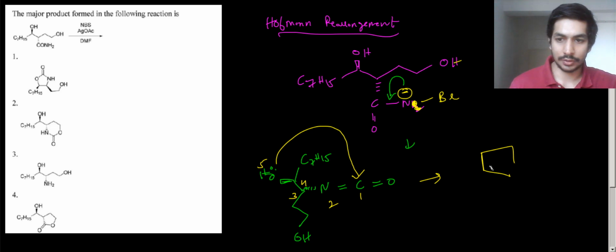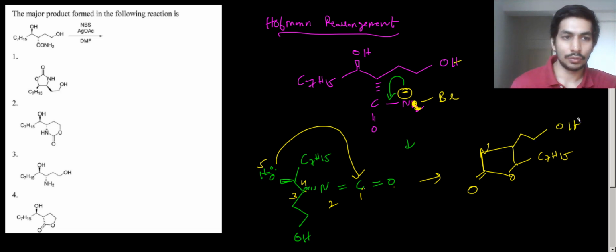So this fifth atom is oxygen, like I have labeled, right? The fourth atom, on the fourth atom we have a C7H15 group attached. Then the third atom is nothing but our nitrogen. No, the third atom is basically a carbon, sorry. The third atom is the carbon over here. Then the second atom is basically nitrogen, so we'll have a nitrogen over here. And then the first atom is basically carbon, so we'll have a double bond O over here, right? To this carbon we have a double bond O attached. And then on the third carbon, so this is 1, 2, 3, we have a CH2OH group attached, right?